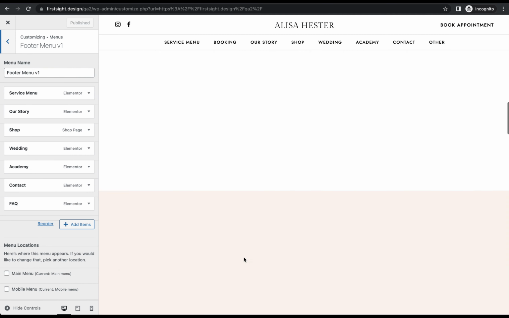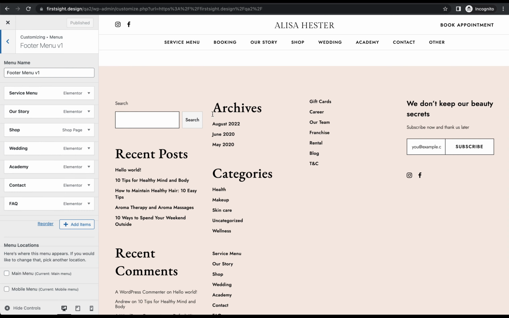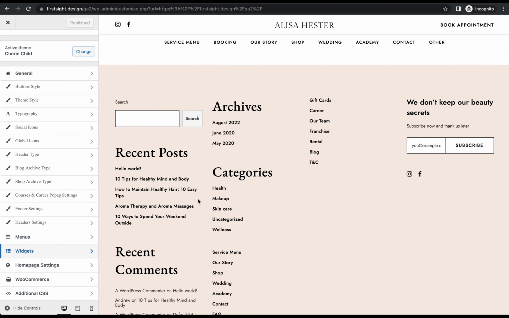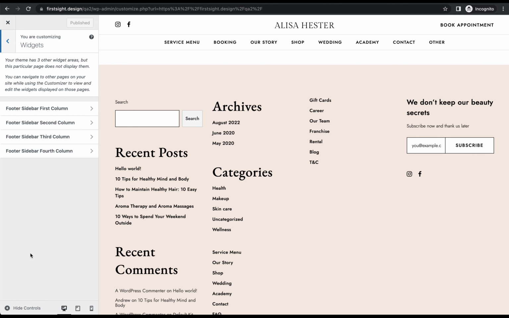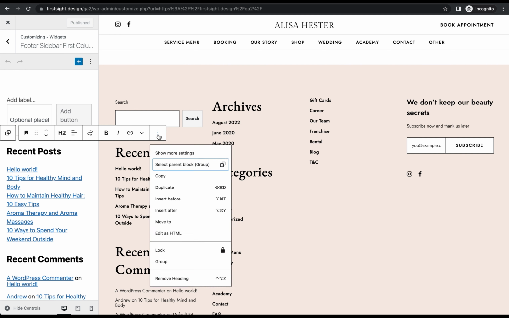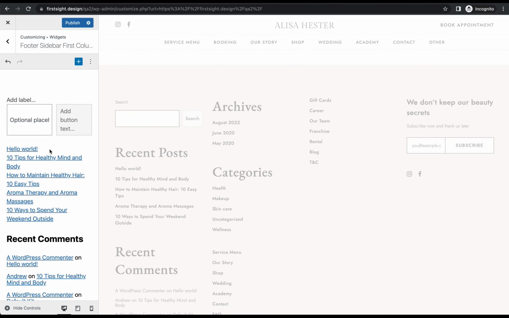So here in the footer, we have some content that we don't really need, which was pasted automatically by WordPress. And let's take a look where we can delete it. So this information, these are widgets, and widgets are located right here. You can go to this customization option, choose footer sidebar first column, and you can see that this is a search field, recent posts, and you simply need to delete this information by clicking on the item and click on the remove header,